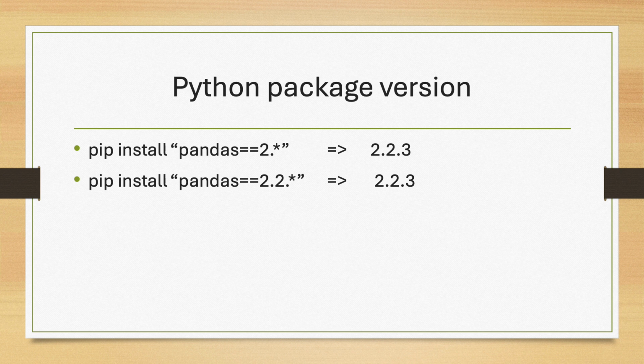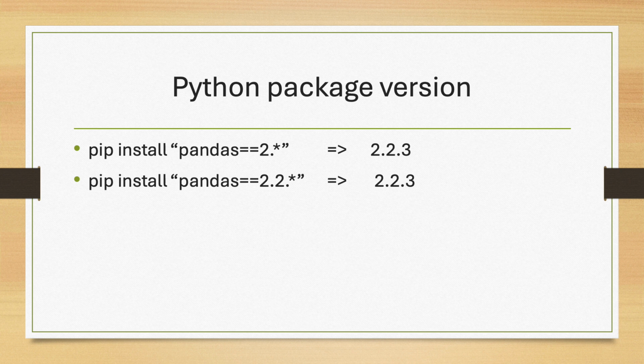We can use asterisk as a wildcard in the version specifier. The asterisk in the first command tells pip to install the latest available version of pandas that starts with 2, matching any minor or maintenance version in that major version series. This is also not commonly used, as the minor version can contain breaking changes. It's more common to use the second command to limit both the major and minor versions and install the latest